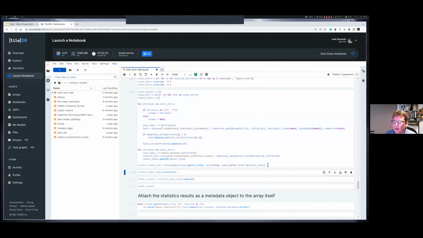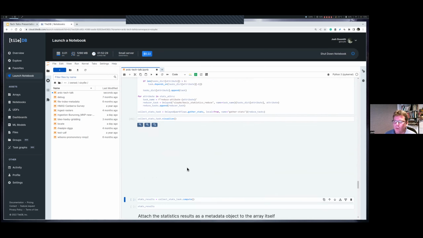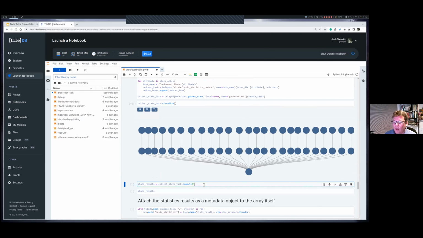So we're going to set up a task workflow. I'm going to visualize what it looks like. And now we're going to ask it to compute. So all of this is, again, being executed remotely. The only one that is true at the end is when we're gathering all the information together, where it's a tiny task just to group things. But there we go, pretty quick. It's machines being spun up automatically for me and then torn down when they're finished and returning the results,